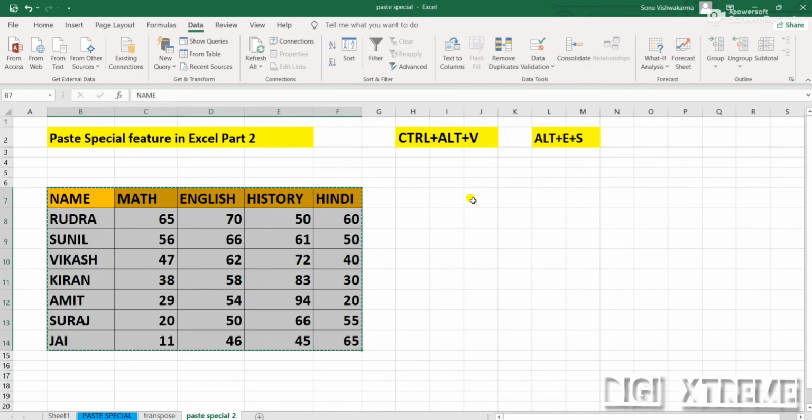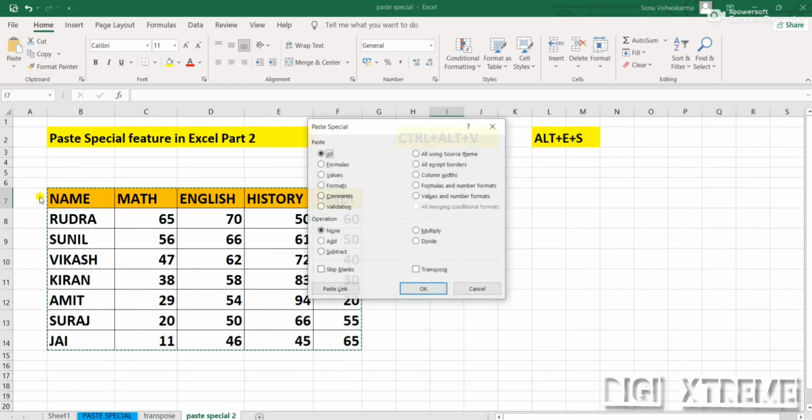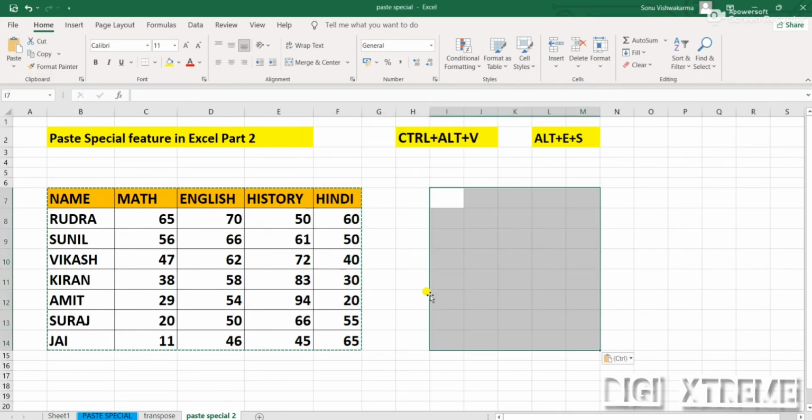I need to give the address where I want it pasted. We'll go to Home, Paste Special, then Validation. Let's see what happens. You can see what we have got over here. We have got just the validation, not any numbers, but we had applied validation over this.